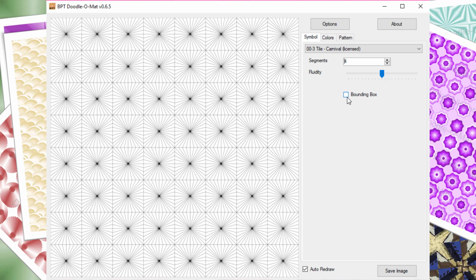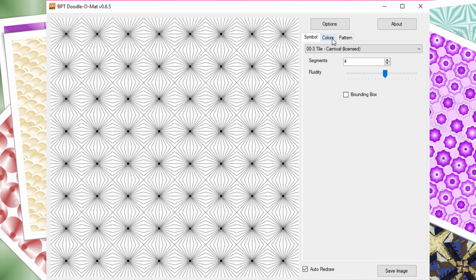There's also, for all the tile patterns and for most of the other patterns, a fluidity slider, and what that does is, well, several things. If you use a little bit of fluidity, you get a hand-drawn quality of the lines or the areas. For example, if I move it just a little to the right,